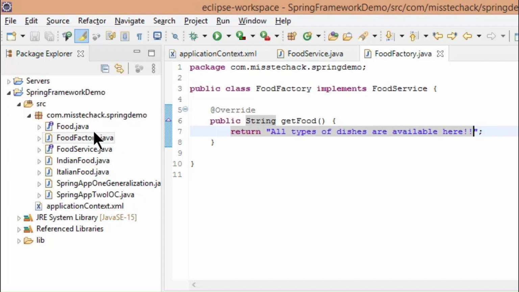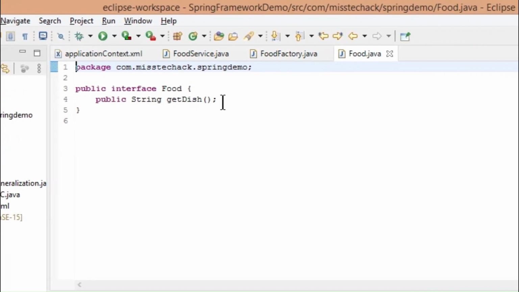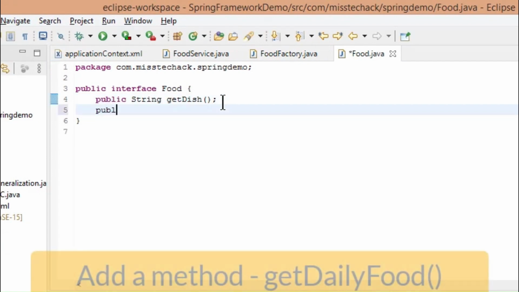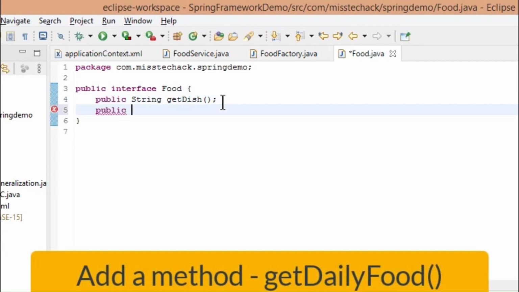Go to the food interface and add a method getDailyFood with string return type.